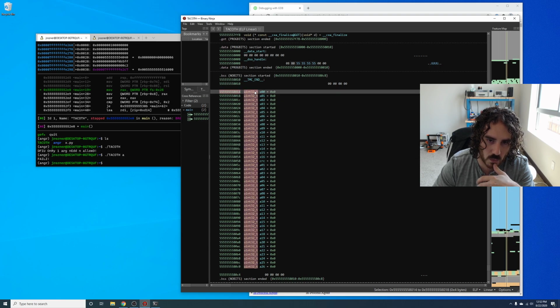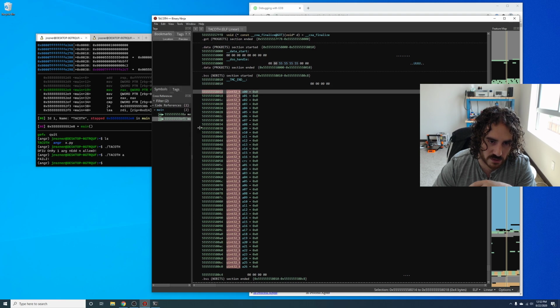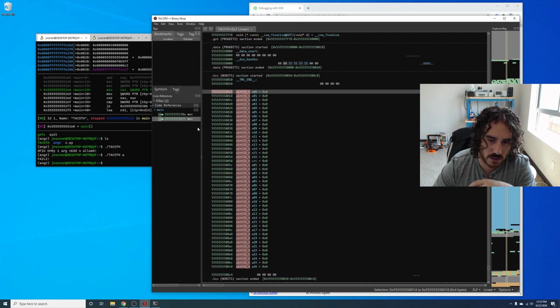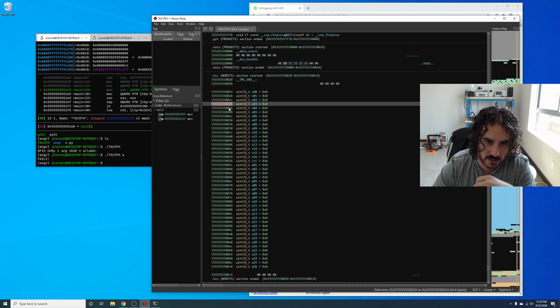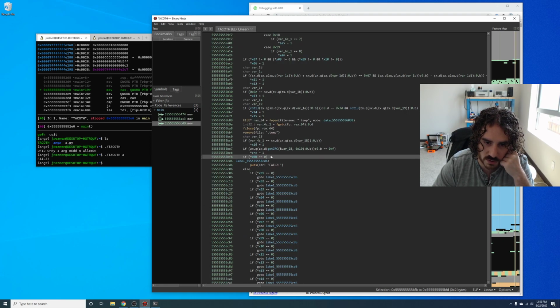And one way to do this is to go and look at the cross references in here. And like I said, this is something you can do in Binary Ninja, but any disassembler will work. Basically, it can take us to the cross references for every single one of these. You'll see that every single one of these likely has only 2 cross references, and the reason for that is that you're going to have one near the bottom, which is going to be